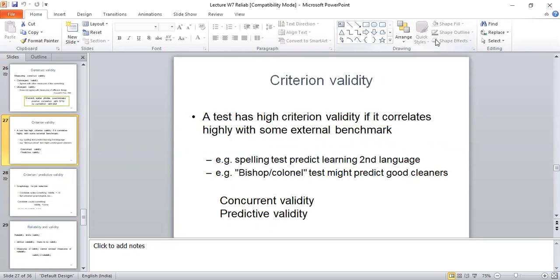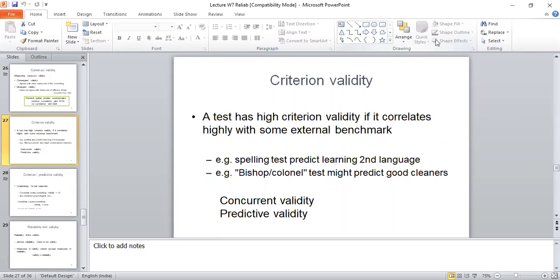Criterion-related validity is a common and popular type of test validity, and it is one which is obtained by comparing or correlating the test scores with scores obtained on a criterion available at present or to be available in the future.